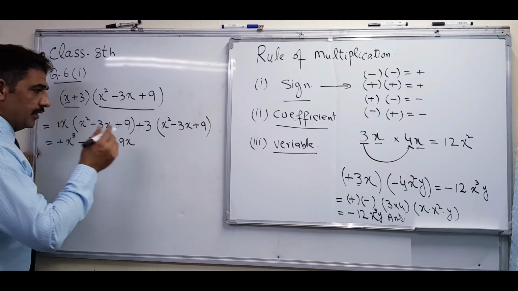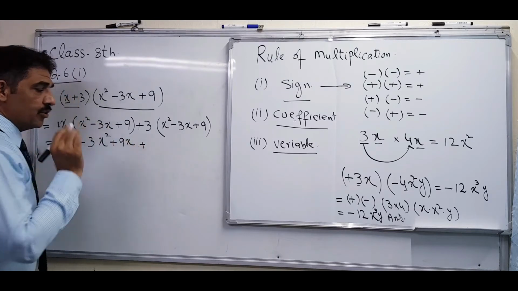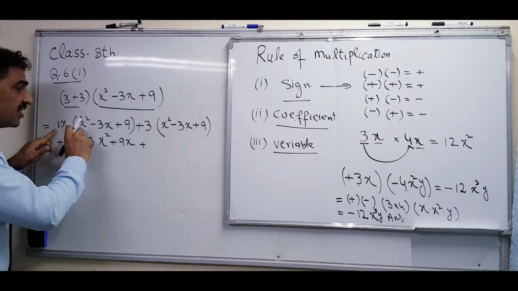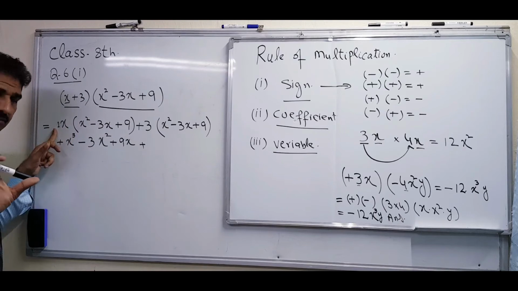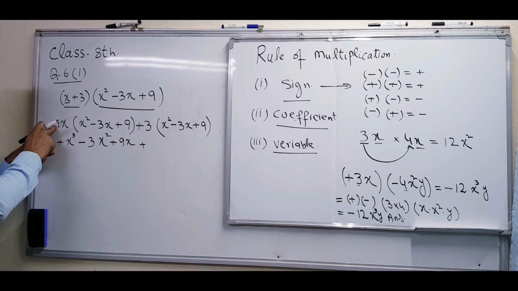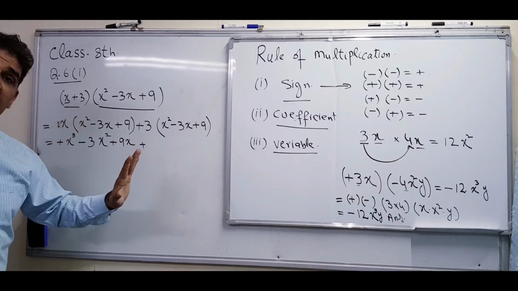So the next one also using the same. Now I will also explain the shortcut of that one. If the sign before the variable is positive and there is an x, then no sign change inside the bracket, because here plus plus, minus minus, plus plus. But if the sign is negative here, then all the signs will be changed. If the sign before the bracket is negative, then all signs will be changed.